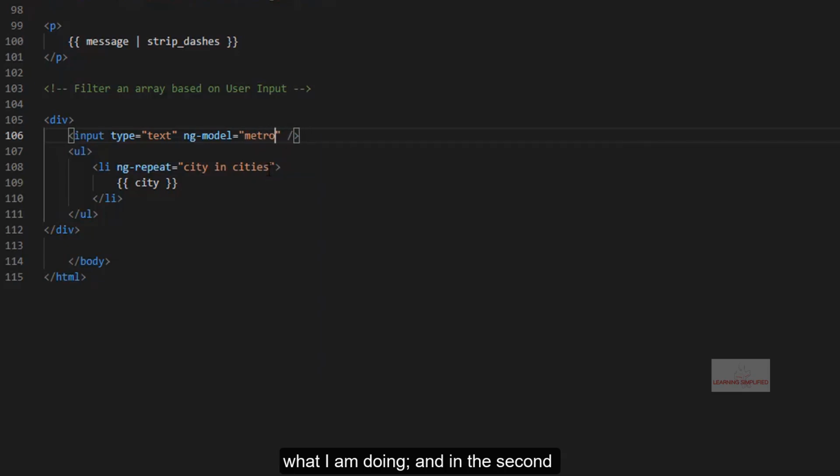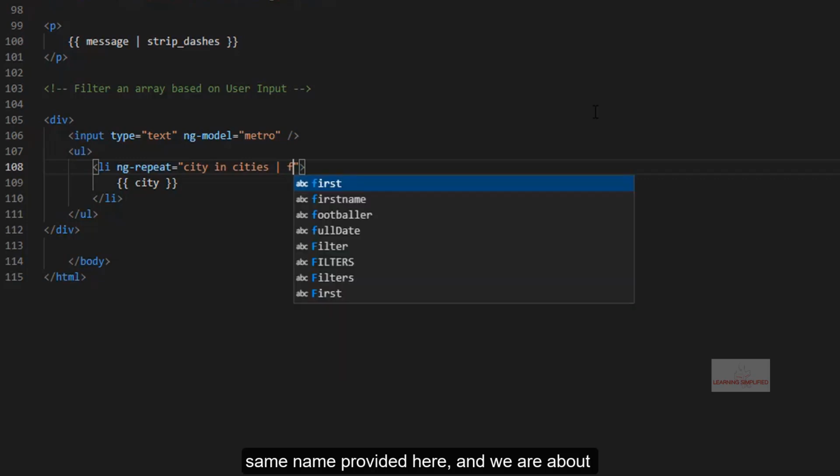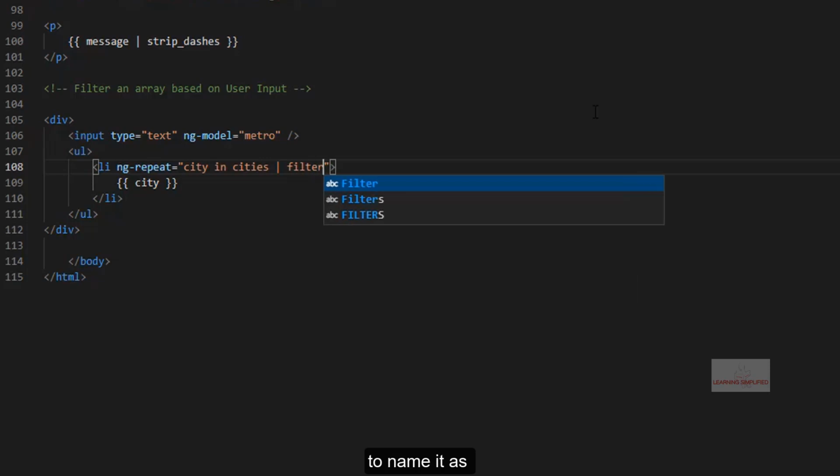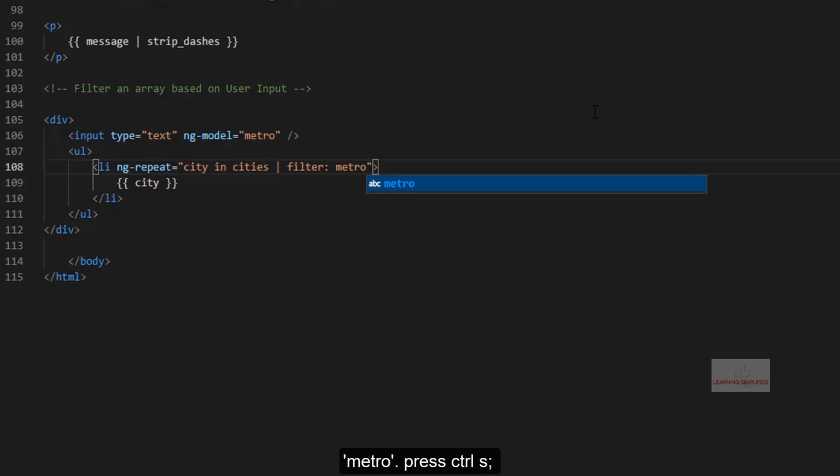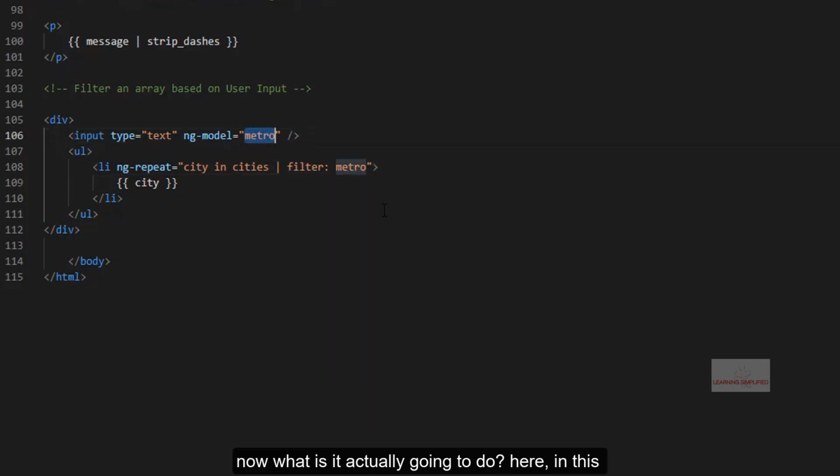Just have a look at what I am doing. In the second case, while filtering, we will be using the same name provided here, and we are about to name it as metro. Press Ctrl S. Now what is it actually going to do?